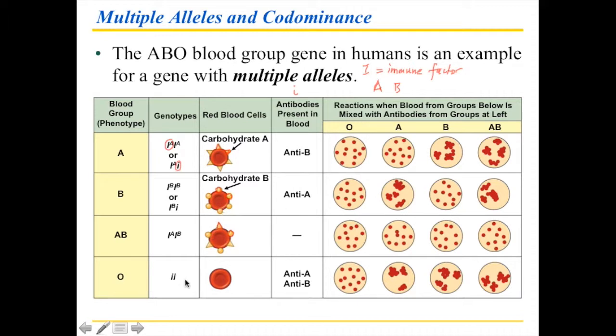It started out as blood type 0 because 0 was the number of carbohydrates on the surface of your red blood cells. So that's denoted by little i, and that is the recessive. So here what you have is homozygous dominant for A, heterozygous for A, homozygous dominant for B, heterozygous for B. Here you have heterozygous for AB. So this is the codominant part.